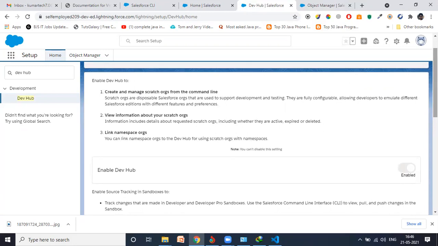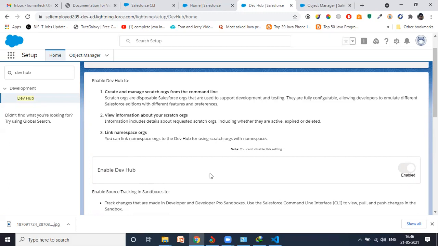The drawback is the lifespan is a maximum of only 30 days. So once you create a scratch org, you can use it for the next 30 days. After that, it will be deactivated. In the free edition, like this is my free Salesforce developer edition, I can make up to 3 scratch orgs.